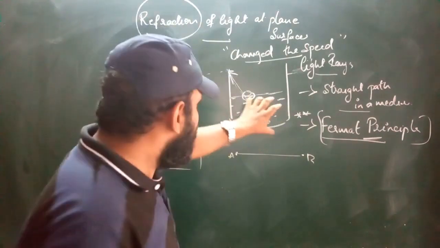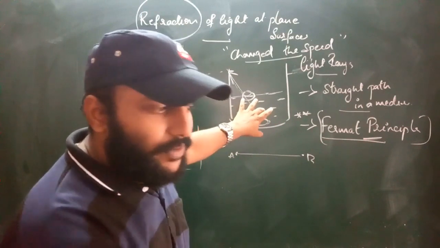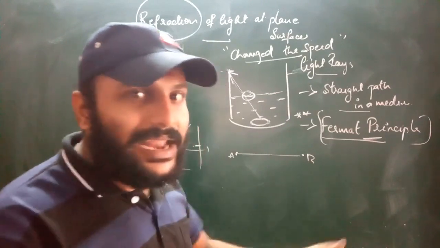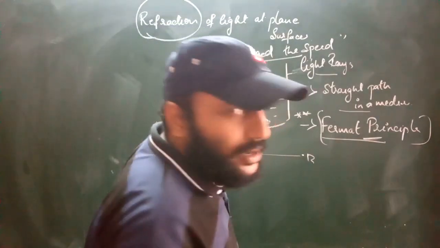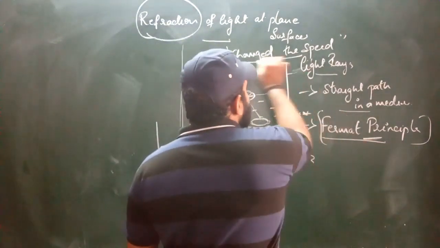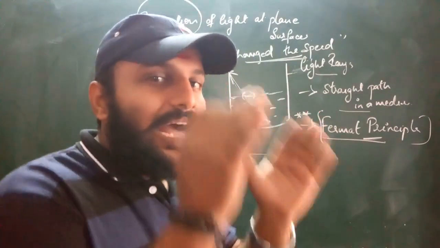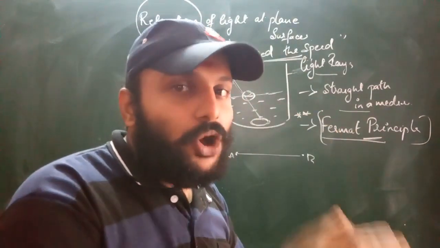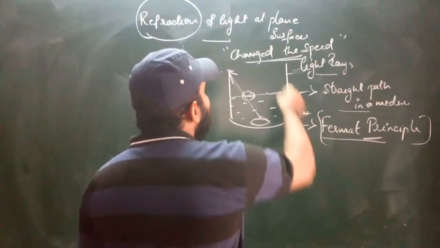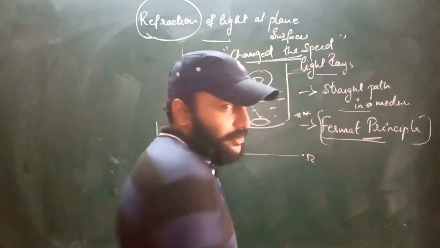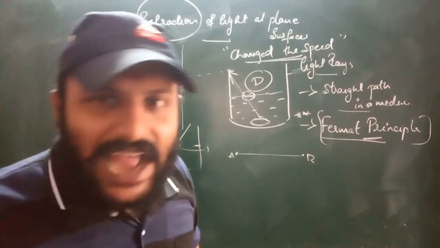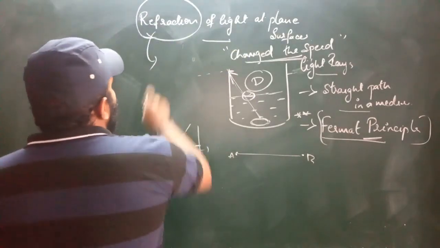Here, that's what I am saying. First, we are not able to see the coin because in that direction I am unable to see the coin. But when I have filled the vessel with water, again I am able to see the coin, which means whatever the light ray direction was, it has changed. How can a light ray change the direction? By only changing the speed. So refraction is nothing but the process of changing speed of the light ray which results in change in the direction of the light ray. That is called refraction. Very simple definition for refraction: refraction is simply called bending of light.